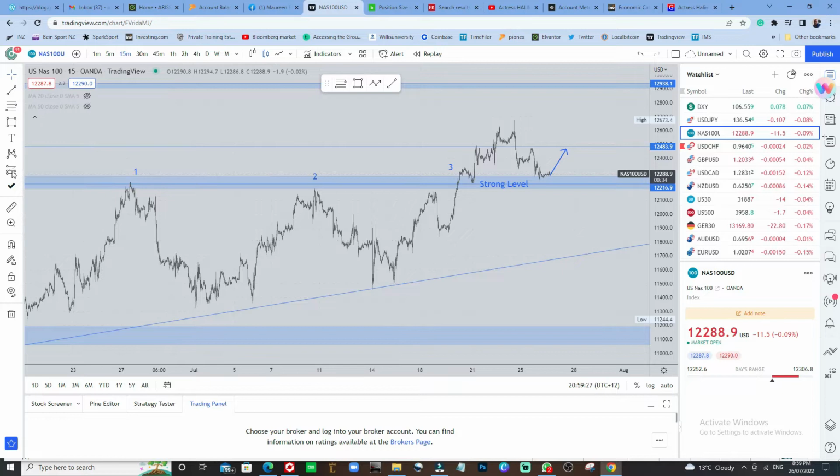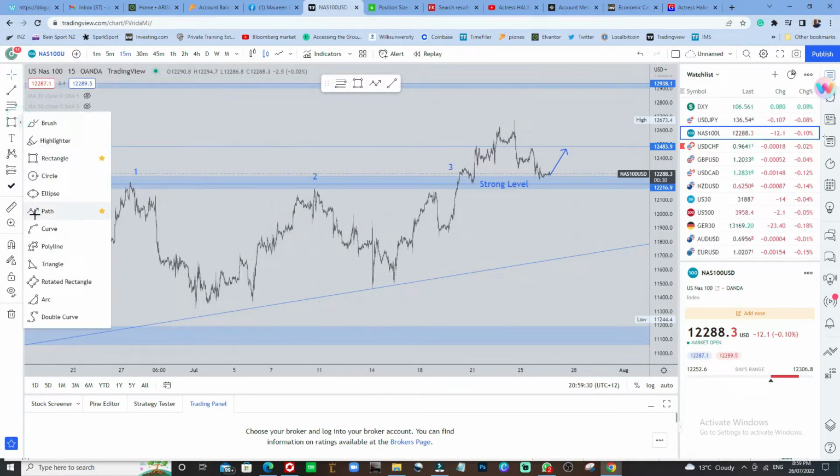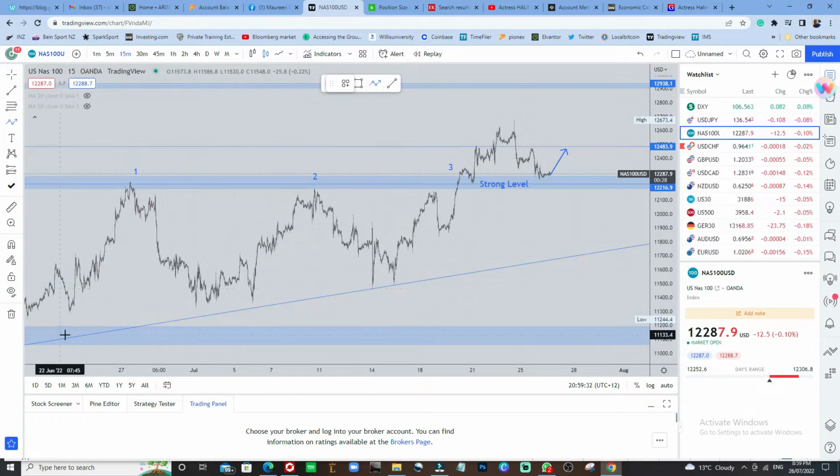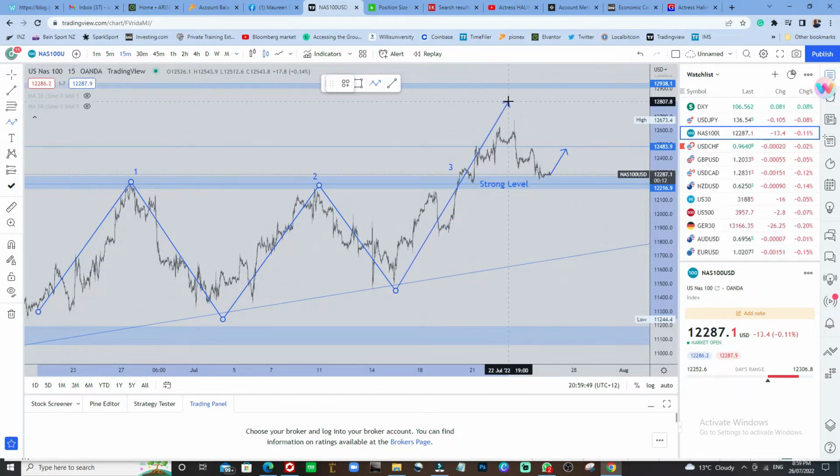For example, now look at this one. I want to use a line to identify the pattern of the market. The market came up here, reacted here, came down, touched here the second time, as I put 2 there, came down, went here, broke through this strong level. This is a strong level because it tried the first time, tried the second time, it could not. Third time, it tried. The fourth time, it broke to the upside, and it retested it. Now, I'm expecting it to push to the upside.